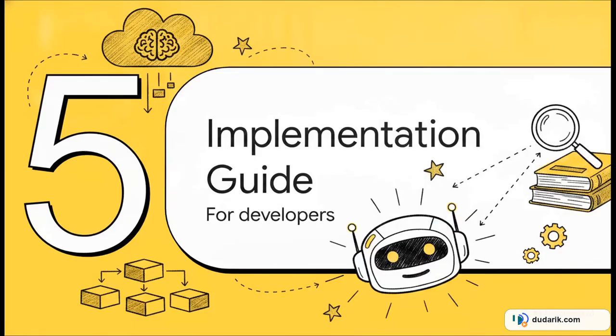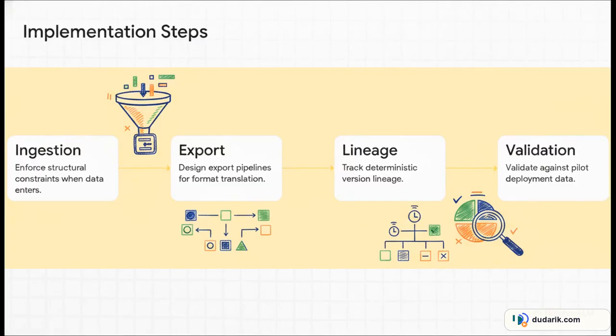Let's make this actionable. If you're building AI research assistants or maintaining a knowledge platform, here's how you put this into practice. The beauty of MMM is that it's built for incremental integration. No need to rip and replace your whole stack today. Here are your 4 tactical priorities. First, enforce constraints at ingestion. Validate those structural rules the second data enters your system, but let the free text labels pass through completely unchanged.